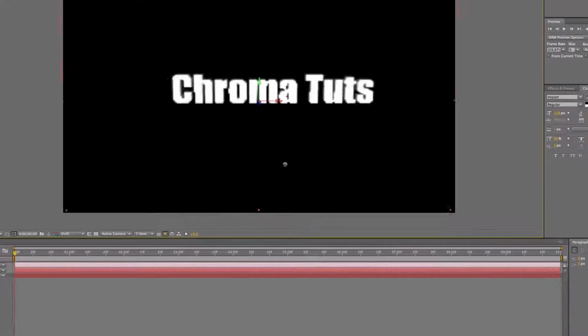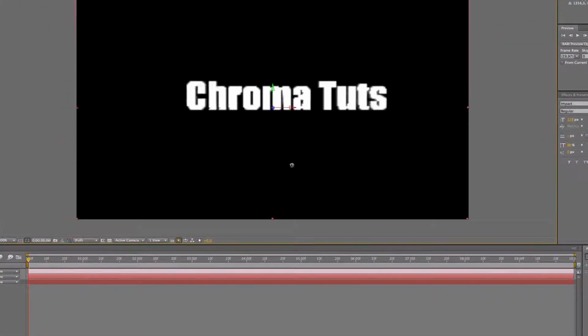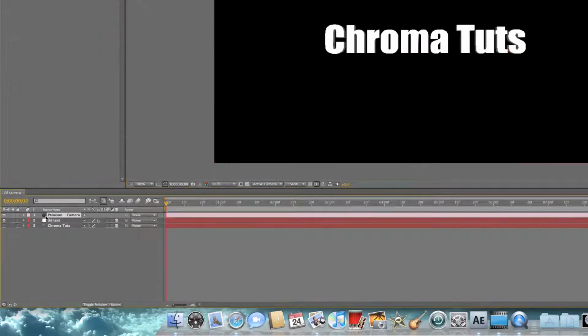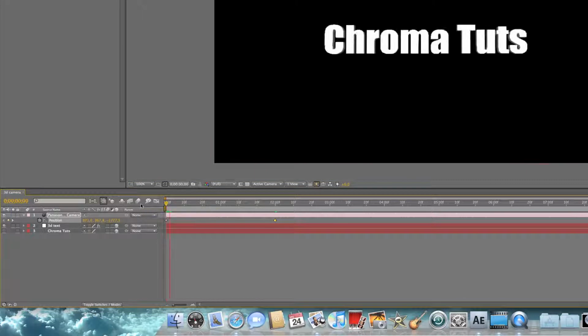Then if you want to make movement, what we're gonna do is highlight Panasonic camera, hit P, keyframe, and maybe here we want it to move like that, something, and now